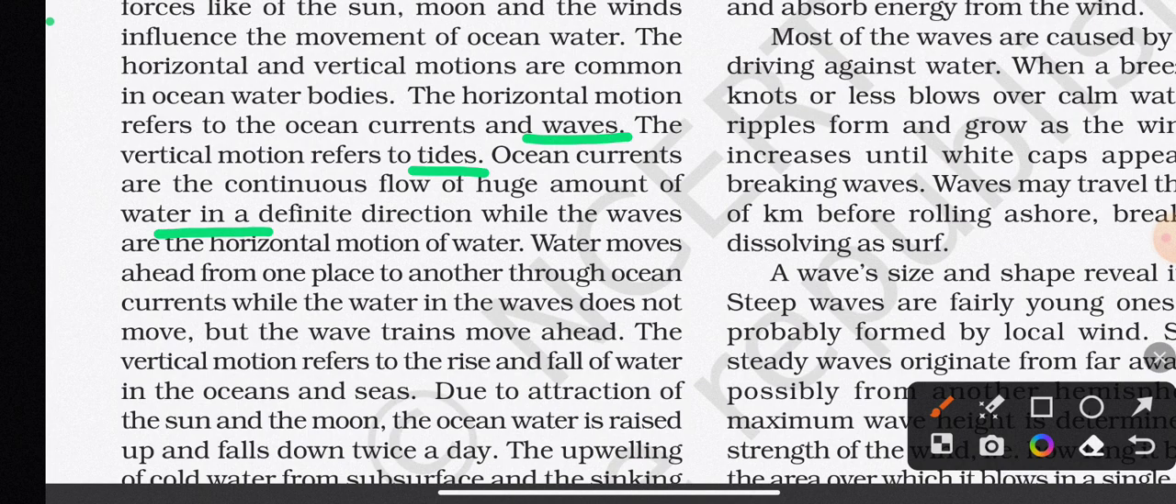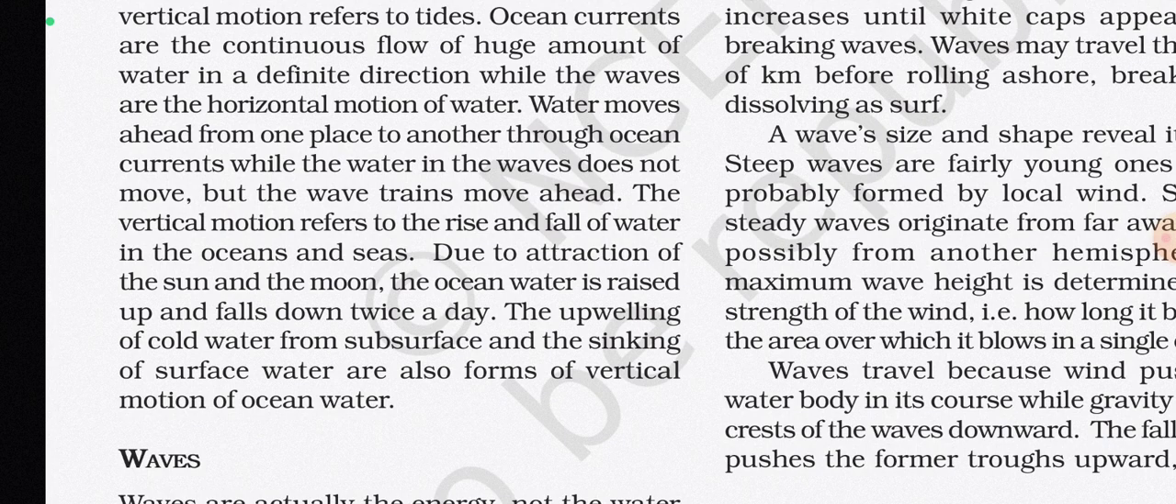Water moves ahead from one place to another through ocean currents while the water in the waves does not move। तो ये जो पॉइंट है सिग्निफिकेंट है कि ओशन करंट जो है वाटर को डिस्प्लेस कर देता है बट वेव डिस्प्लेस नहीं करता है, बट द वेव्स ट्रांसफर मूव अहेड, ठीक है।